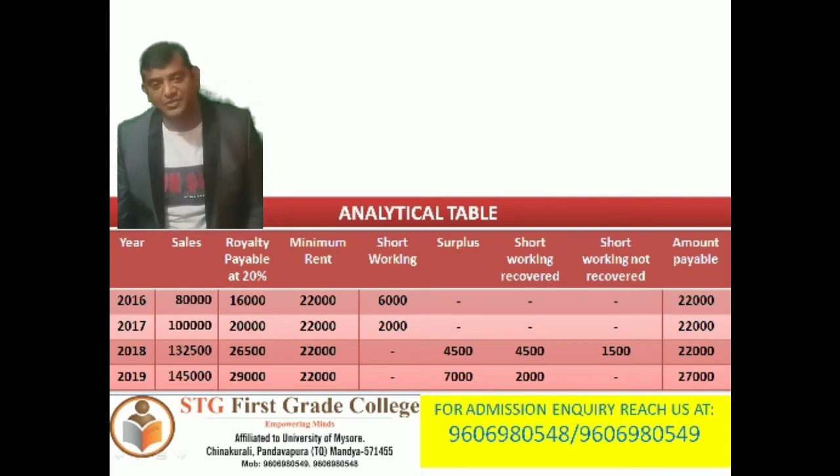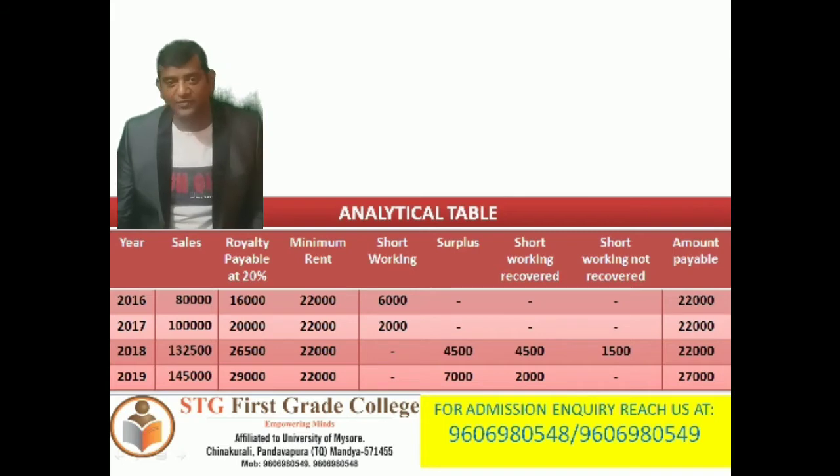Minimum rent is 22,000. So therefore short working is 2,000 rupees. So surplus nil, short working recovered nil, short working not recovered nil, and amount payable is 22,000. So next, in the year 2018,